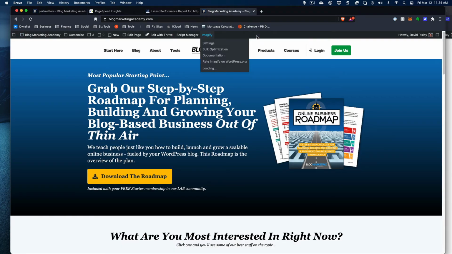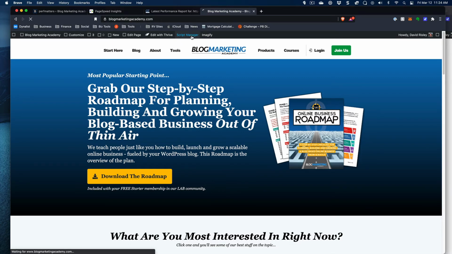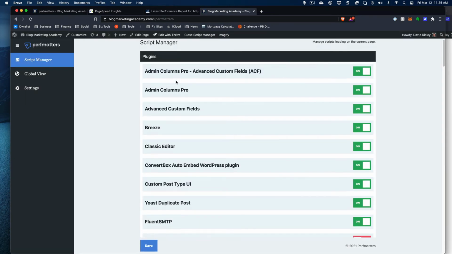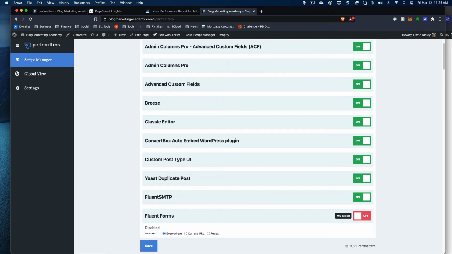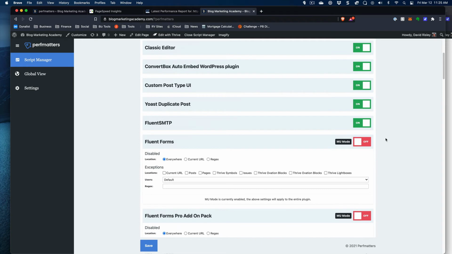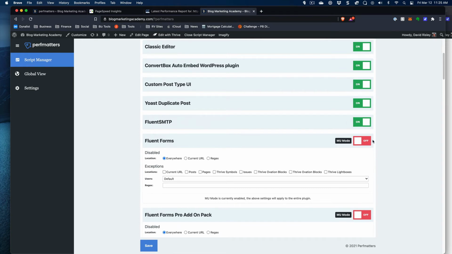And if you, for some reason, are hiding your admin bar here when you're actually logged into your own site, there is an alternative way to access it. But you'll see that I've got Script Manager here. Watch what happens. I'm on my home page, open this bad boy up. Here we are. Okay, and you can see that this is a list of plugins that I have activated basically on this site. However, I can go down the list and disable the ones, checking this little toggle, that I'm